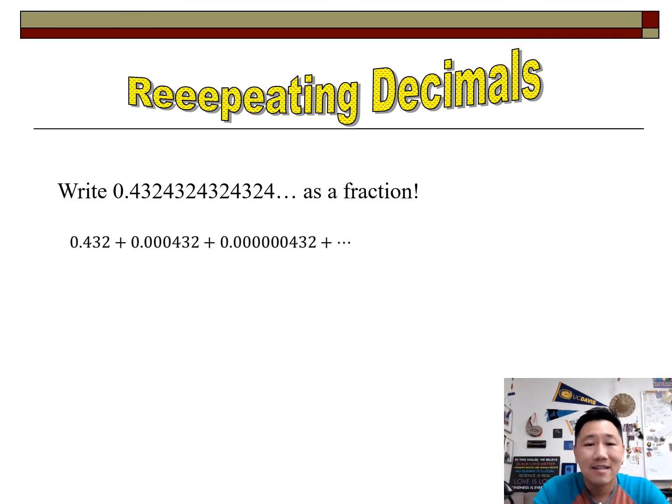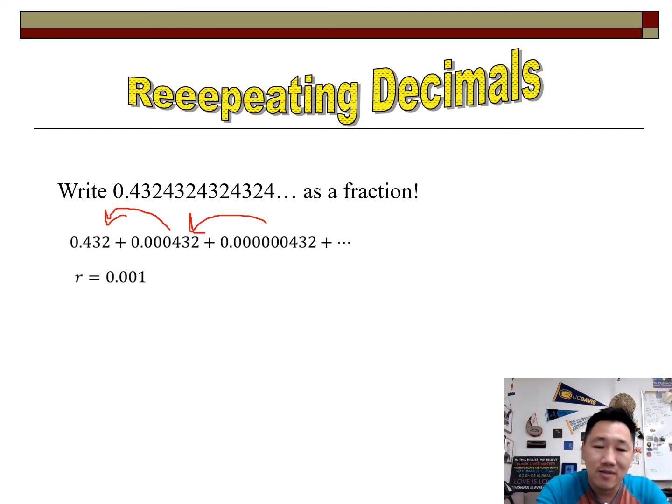If you notice, the decimal is the same thing as 0.432 plus 0.000432 plus 0.000000432, and that pattern goes on forever. And actually, we do know that this is geometric because it does have a common ratio. When you divide, you should get r equals 0.001. All right, which means it's a fraction that's between 0 and 1, so this does converge. Using the formula for forever, plug it all in,